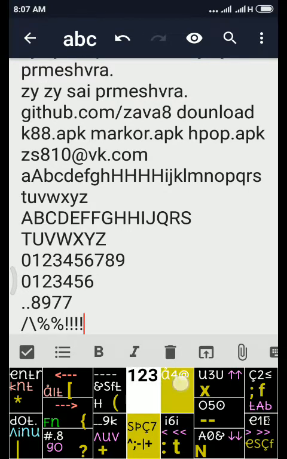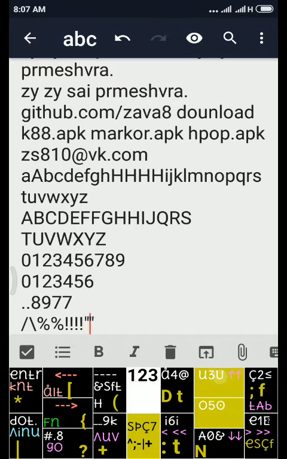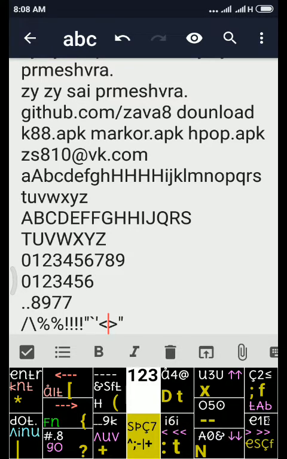Exclamation mark, double quote, single quote, forward quote, greater than, less than, then brackets. Brackets, if we do it in this way, or the yellow key can also be used for brackets, because all three types of brackets are there. So brackets are also there, angle brackets.